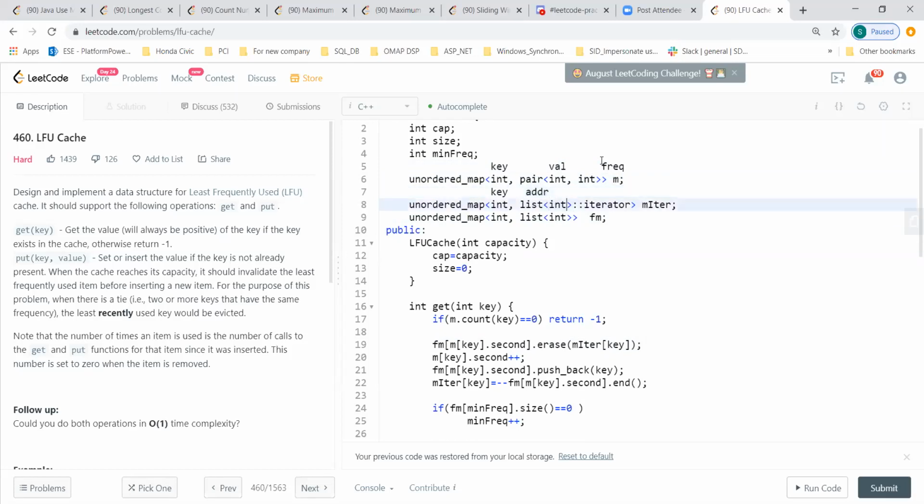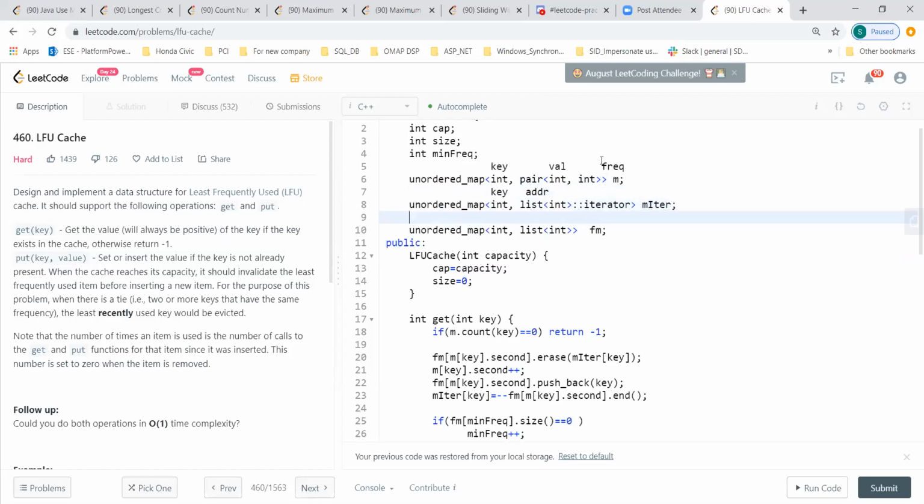And in this case, this will be the frequency, and this will be the list. For each and every frequency, the frequency map will have a list, so all same frequencies will be in this map.